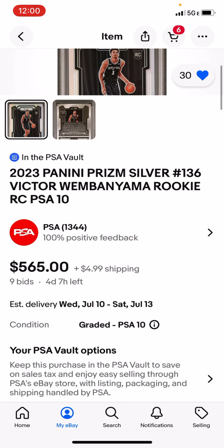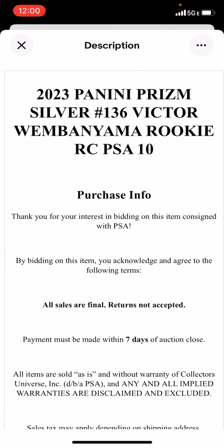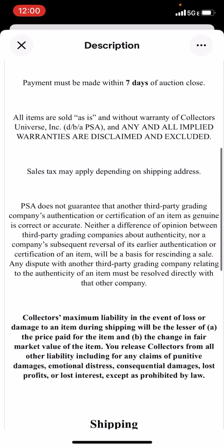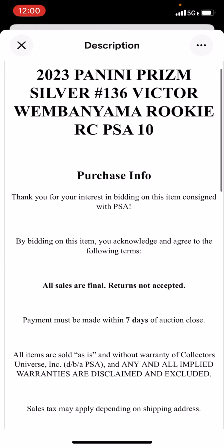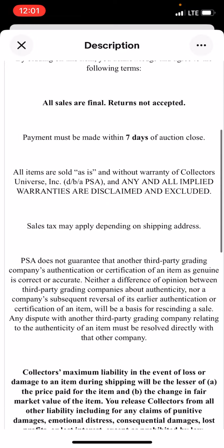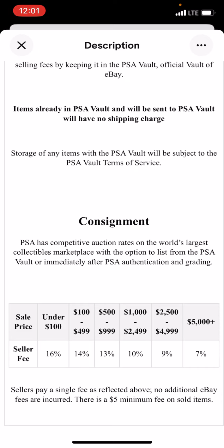and what I want to learn from this test experiment and data is, if you go to their full description, it explains a lot to you, right? Tells you about all the purchase info. All sales are final. I don't blame them for that because these are all slabbed and certified. At the bottom, this is what my discerning point will be: for items that I expect to get over $500 in value from, those are the ones I want to go to the vault